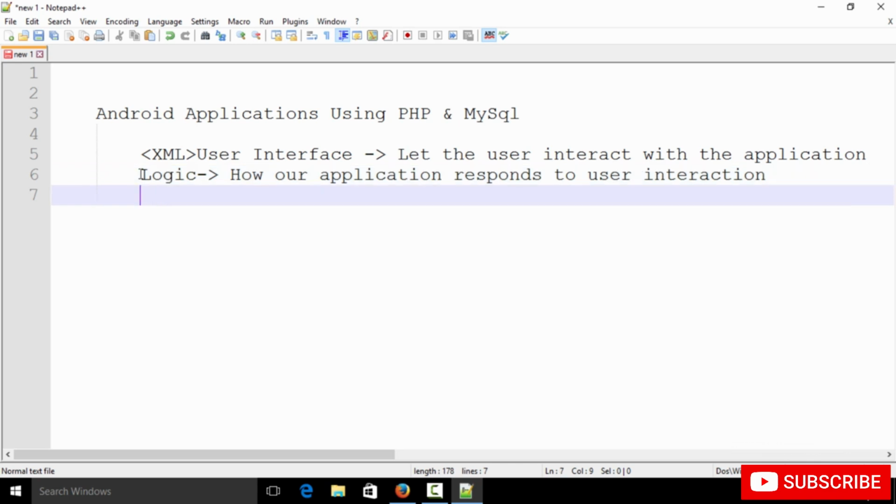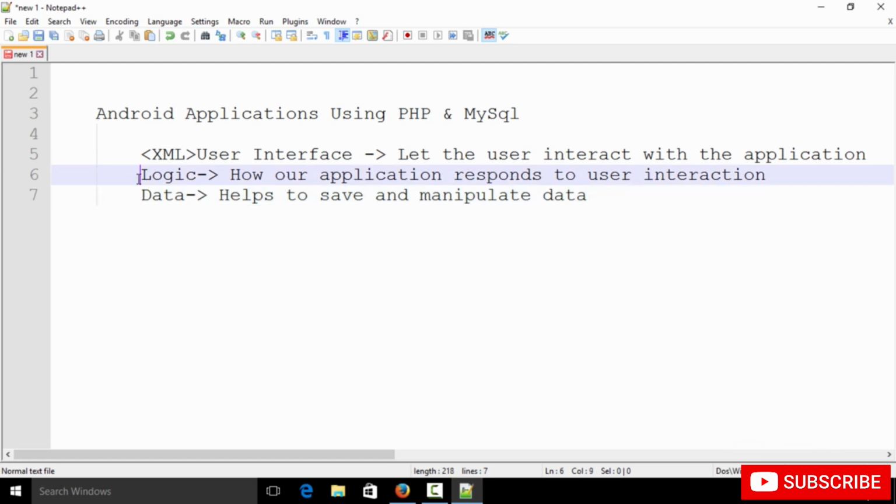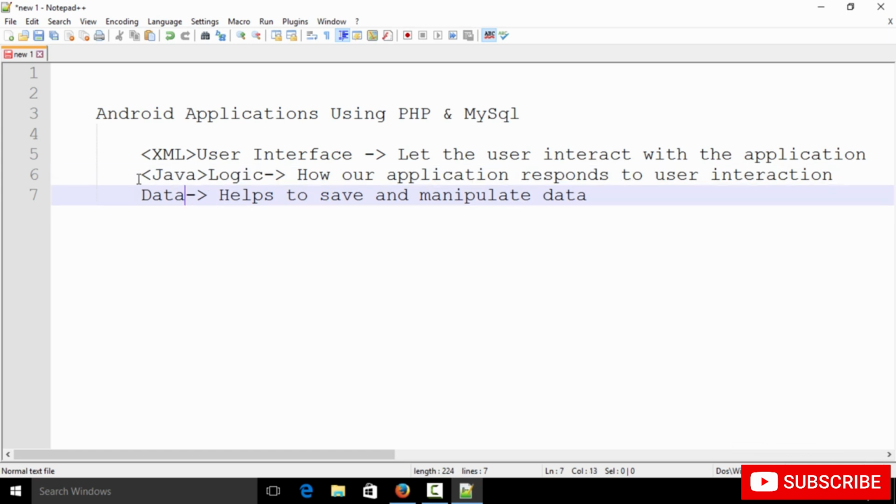So this is the third part, which is called the data, and that part helps us to save and manipulate data. So for the logic, the language which we use is nothing but Java, and for the last part, which is nothing but the data part, we use something which is called PHP and